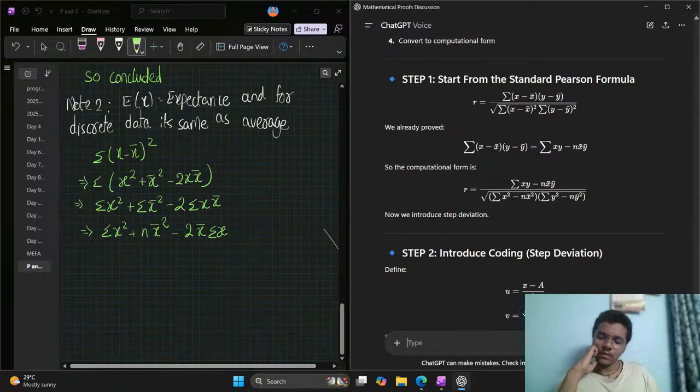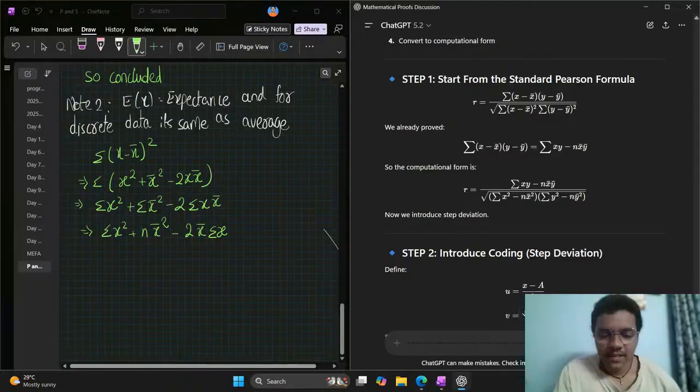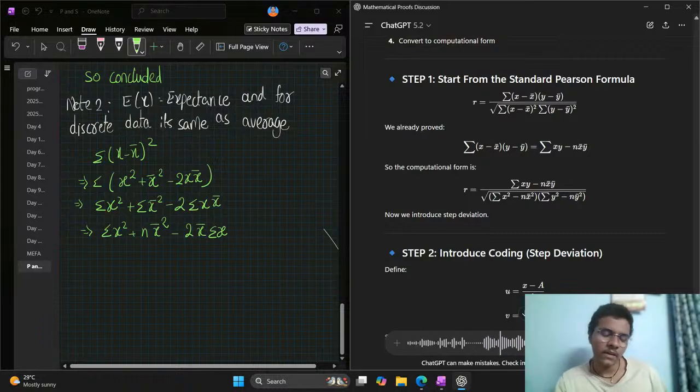Okay. You might think I'm asking dumb questions for passing this many times, but this is literally my first time doing an actual proof for a mathematical formula. So, how did you get that sigma of x minus x bar whole square is equal to sigma of x square minus n x bar square? I expanded it and found that x bar square and 2 are constants, so I took them out of the summation, but I could not get the final form.